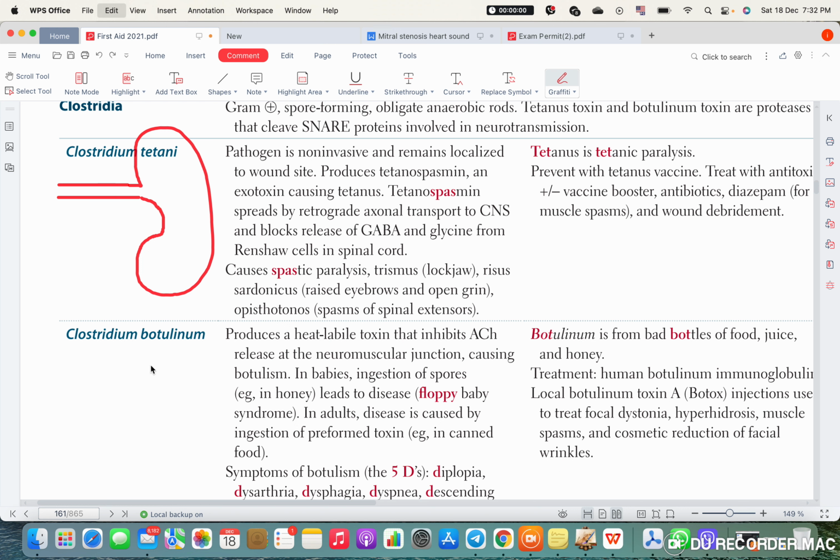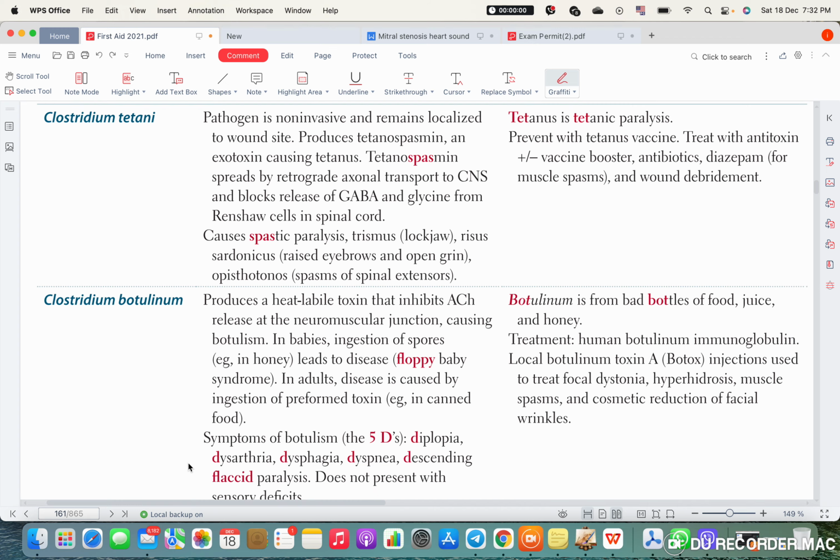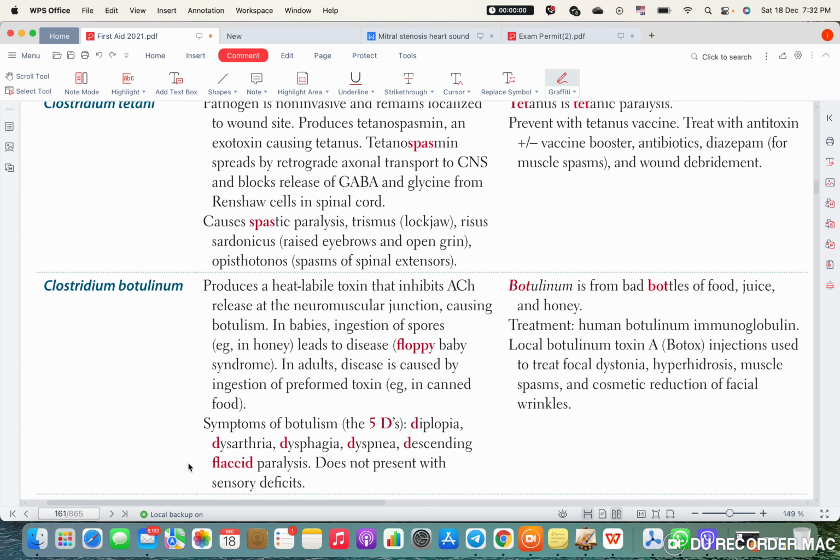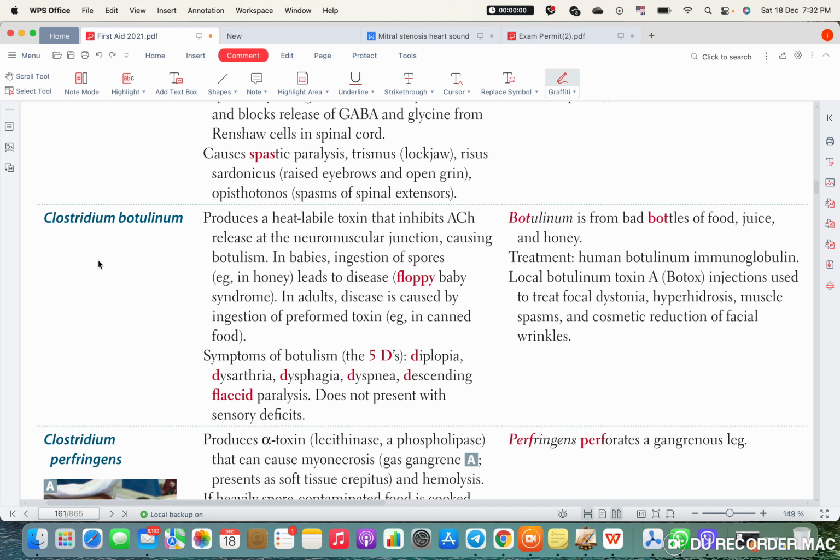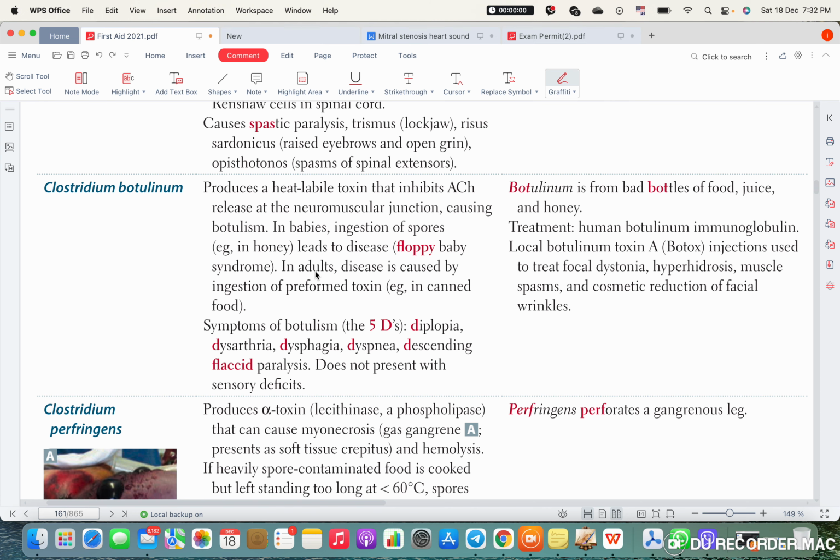The other scenario is also a cultural type of question. In some communities, it's traditional to give honey with milk to the baby, okay? So also be careful about that because that can lead to Clostridium botulinum infection, okay? So these are the two culturally related diseases of the newborn.